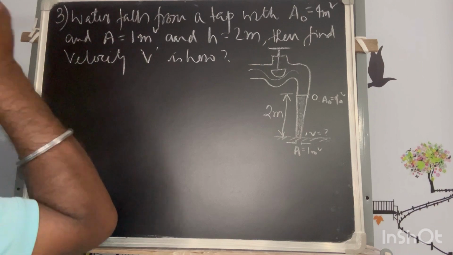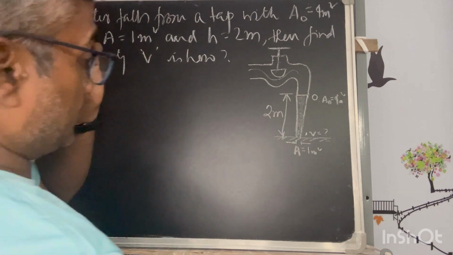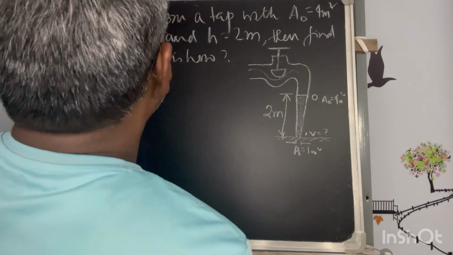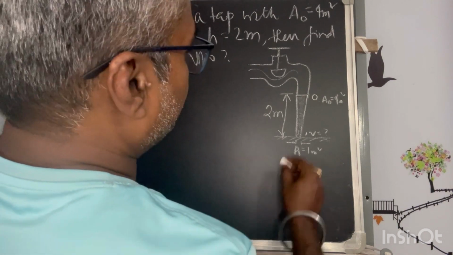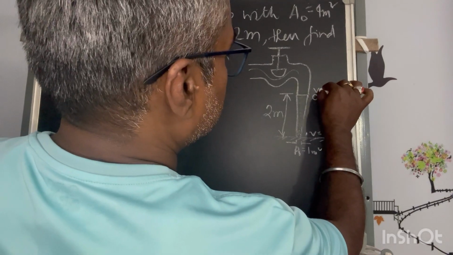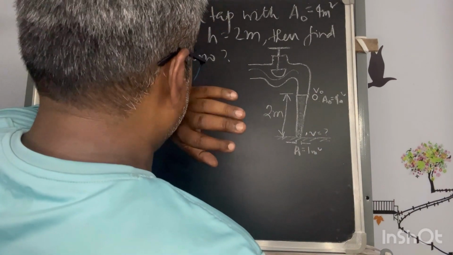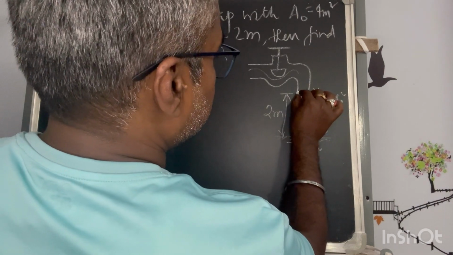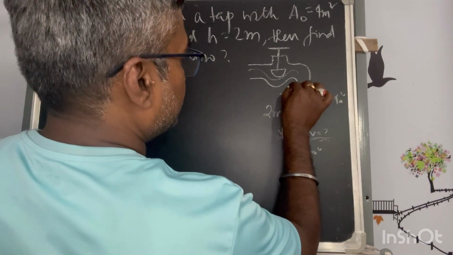The water is flowing there, and this is the case. Let's say this is V0, that is unknown, and if I consider just when it is leaving there, the pressure energy